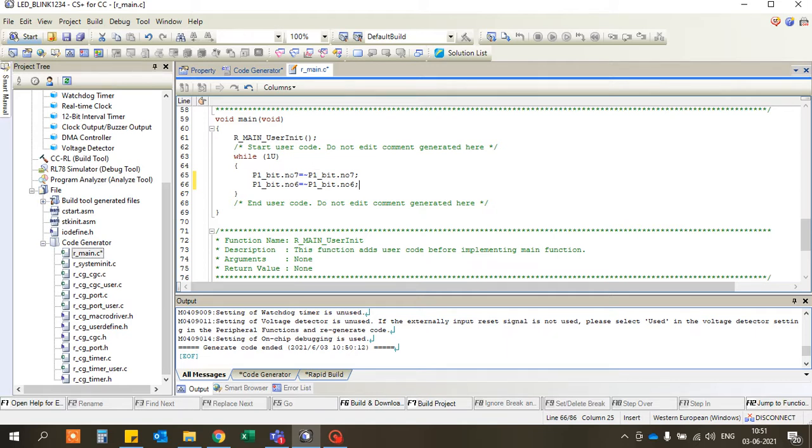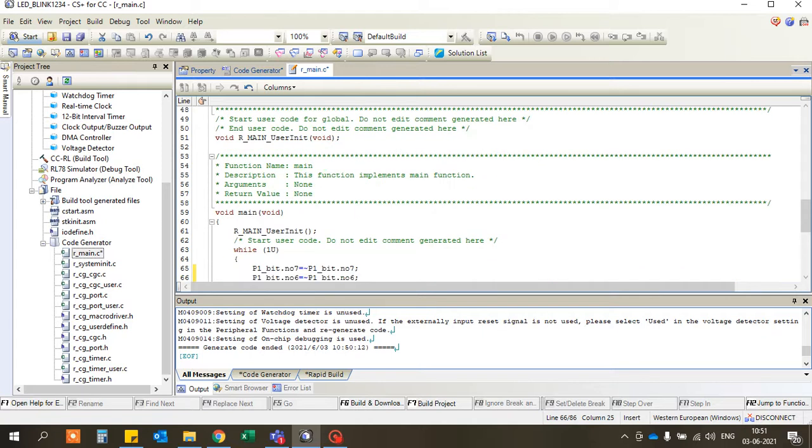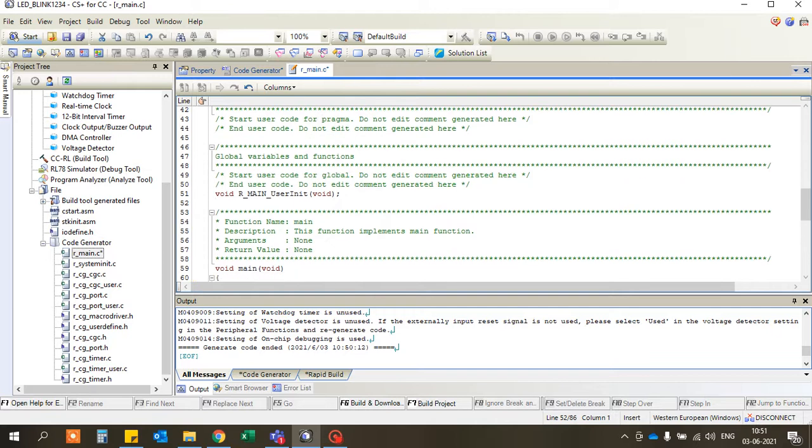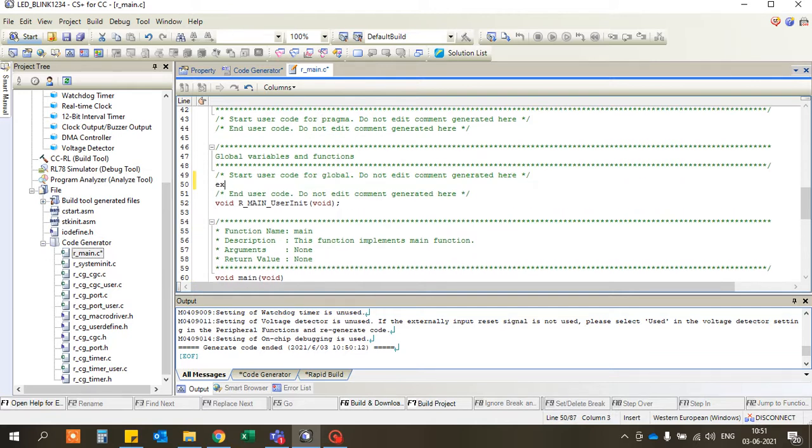Now we have to toggle every how much time, 500 milliseconds. Just write here extern unsigned char, one flag I take, for every 500 milliseconds. Just copy this, it will toggle.